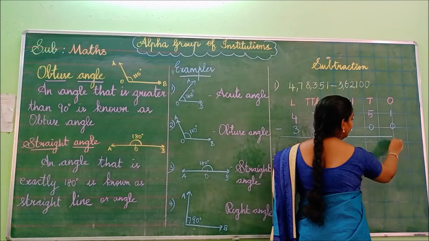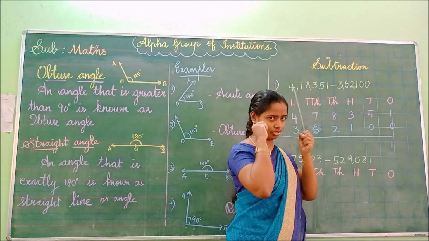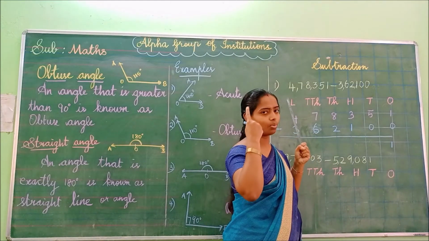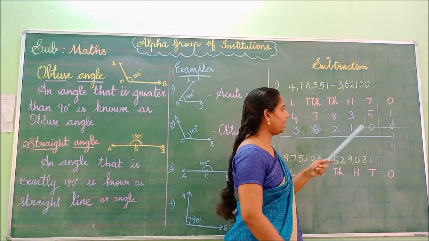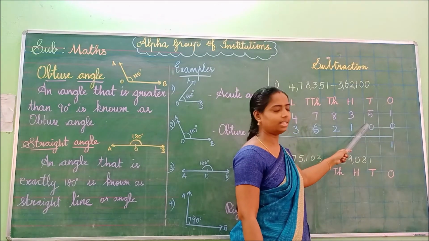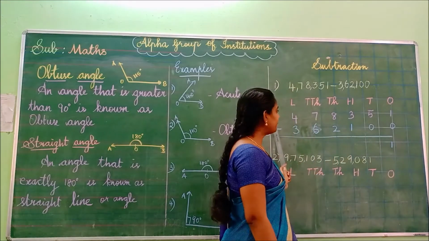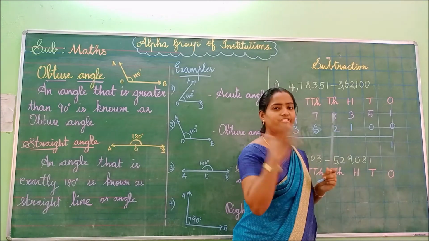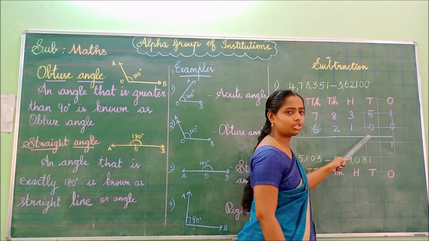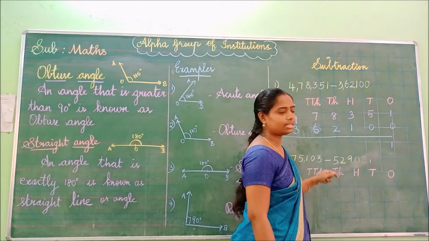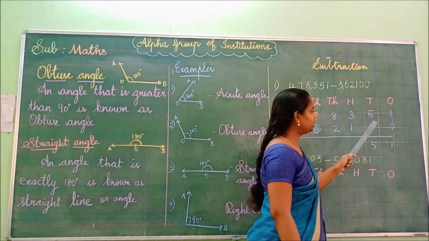What is the answer? 1 minus 0 is 1, isn't it? There is nothing to take away, so we have 1 here. So you have to write only 1 here. Okay, and then see, shall we move to the tens? See, what is the number here? 5. Okay, 5 minus 0. There is nothing here. If a number is subtracted by 0, the same number comes in subtraction. So you have to write 5 here.